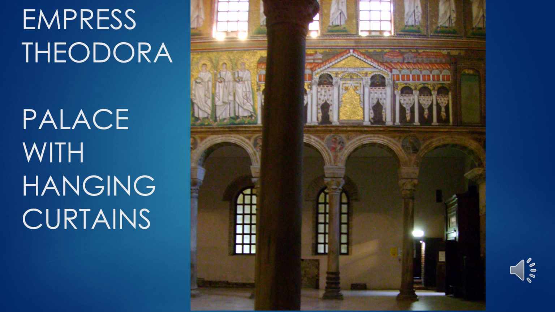The other thing that these mosaics will do is give us a clue as to the type of clothing people wore, the type of houses, the architectural detail, even in some cases the furniture. You can see the use of the curtain as a hanging in the door as opposed to having a door on a hinge. And we get a lot of information about customs and lifestyles from these early Christian mosaics.